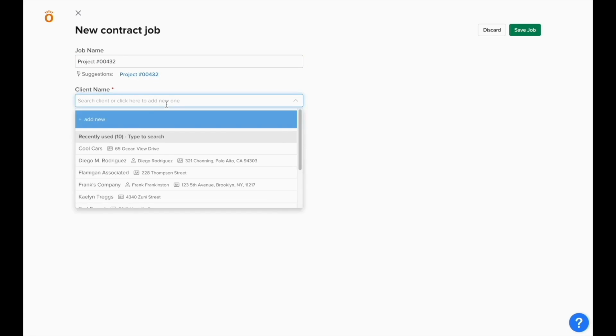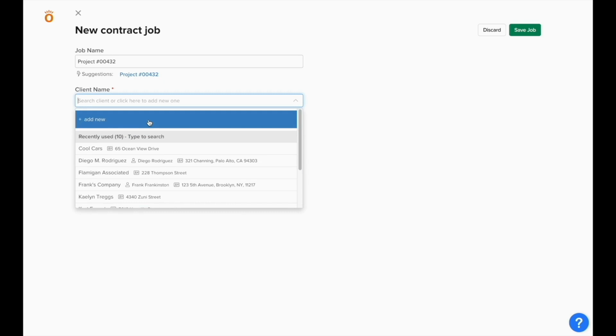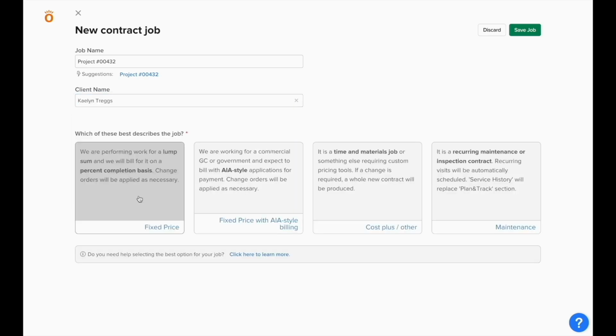The client list will automatically be synced up with QuickBooks in both directions, so any clients in QuickBooks automatically pull into Knowify, but if you add a new client at this point in time, it'll sync to your QuickBooks account as well. We'll select one from the existing list, and you'll see that you're prompted to add one of 4